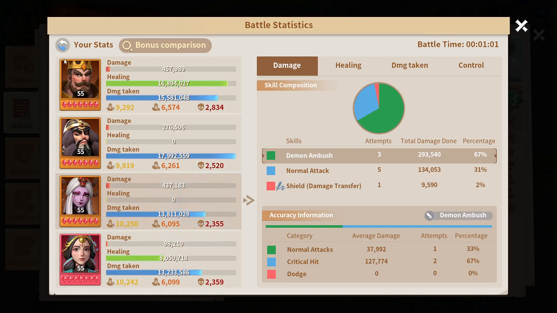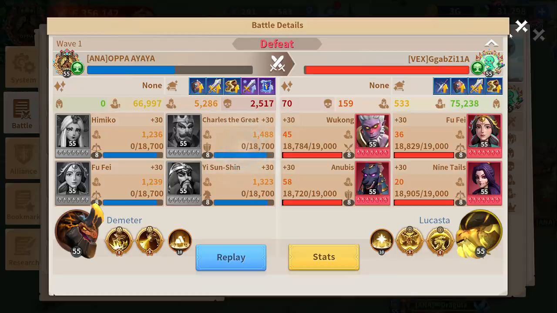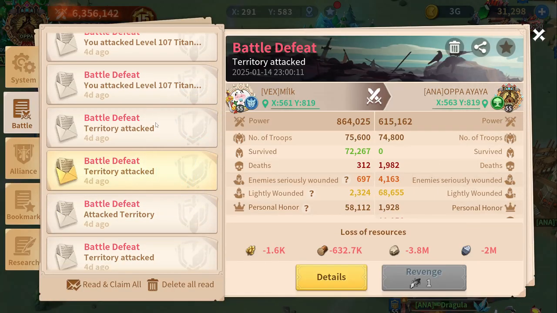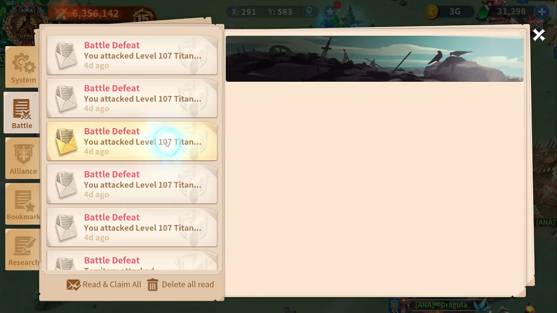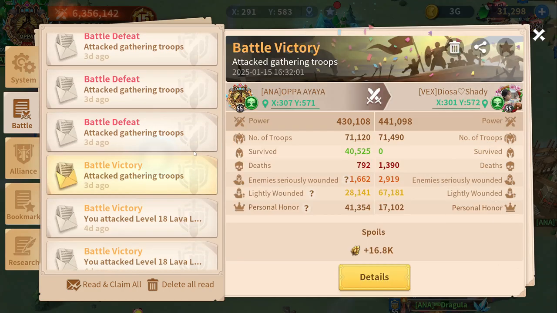You can see here in 1 minute I didn't do anything, no damage at all. So sometimes it's like that, right? So you have to focus, like you have to choose what you want to do. So let's do some other reports to see maybe it's more,